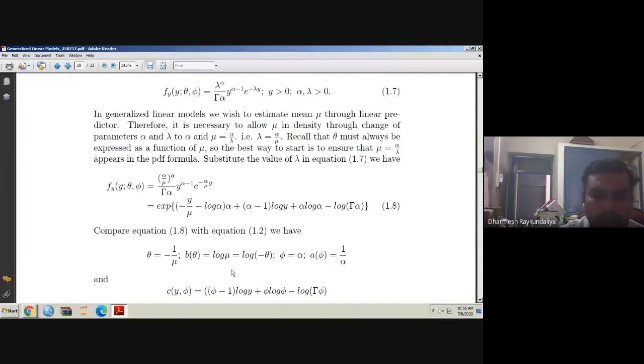If we compare with the linear predictor, we'll come to the next part about what the linear predictor is, what the link function is, and why all these things are required. But how are we getting the link function? We get that link function just by writing the density function in the form of the exponential family and comparing with the original exponential family with theta and phi. We get the value of theta, and theta is a natural parameter. It is giving the link function.